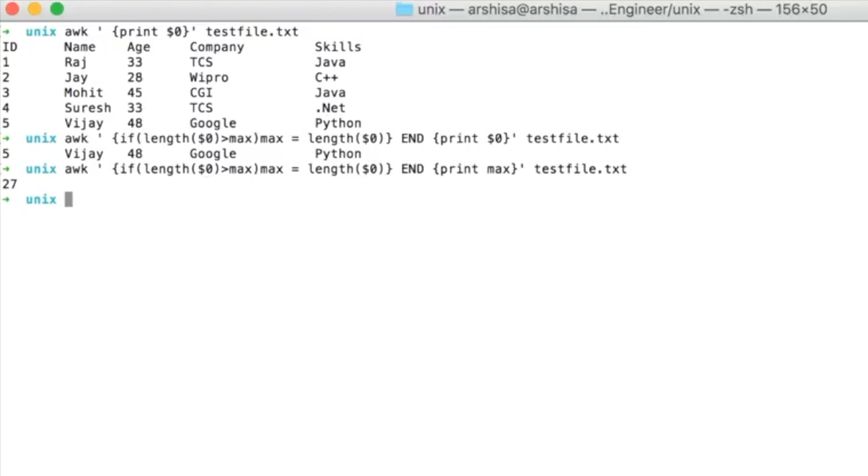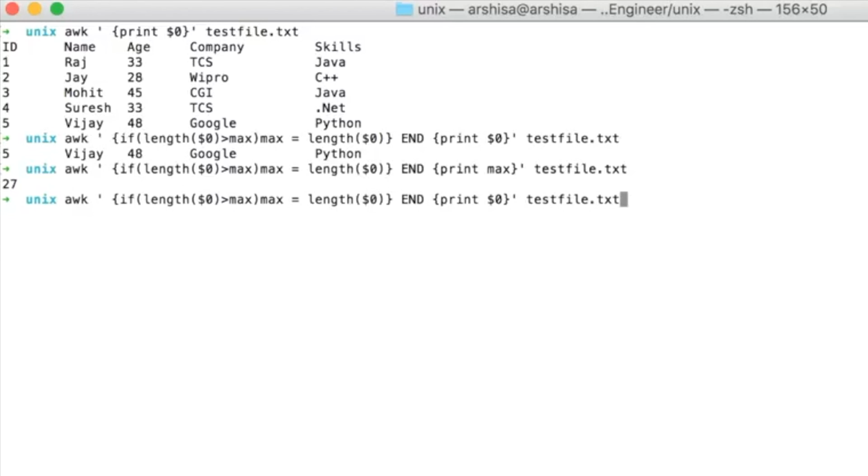So it is 27 here. As you can see, for this row or record the length is maximum. It considers the entire row, including the spaces. It is taking the length, and whichever record has the longest length, it will give that length. So in this way you can perform different operations using some basic Linux commands, and you can use the awk command efficiently.